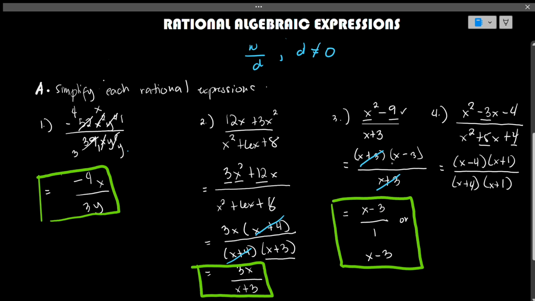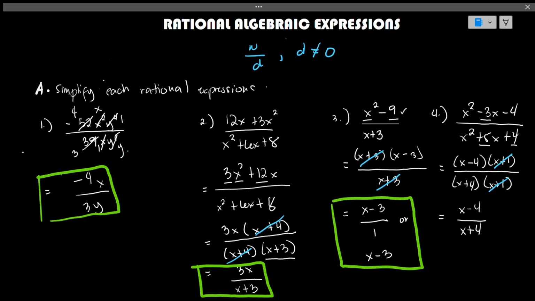Okay. And the next step here is to cancel out their common factors. The common factors here are x plus 1 and x plus 1. As you can observe, there are no more common factors. Then we just need to write the final answer of our rational expression, which is x minus 4 all over x plus 4.